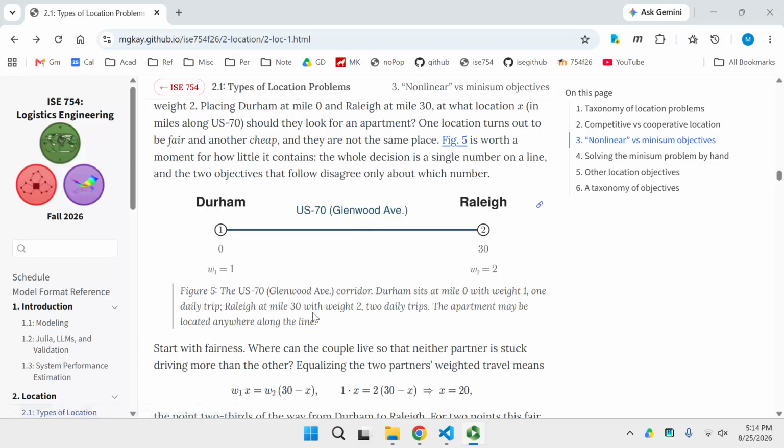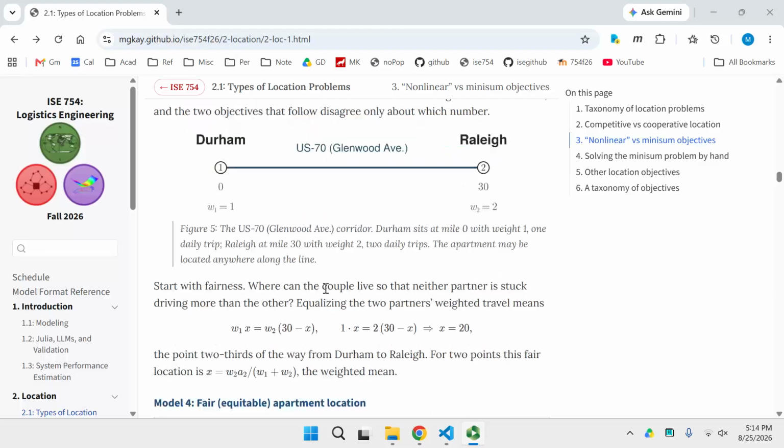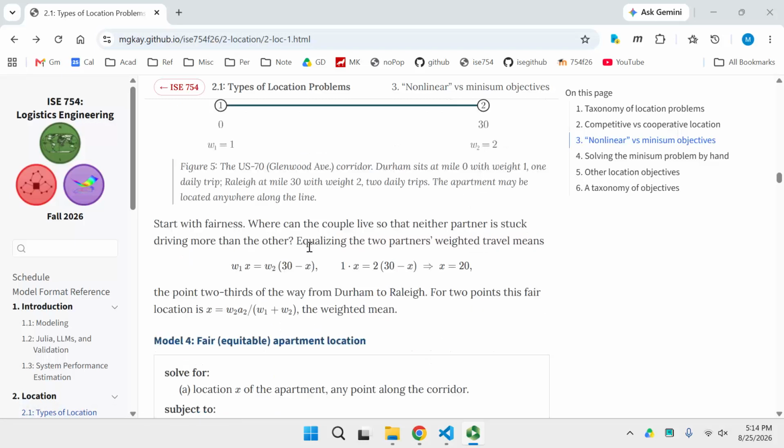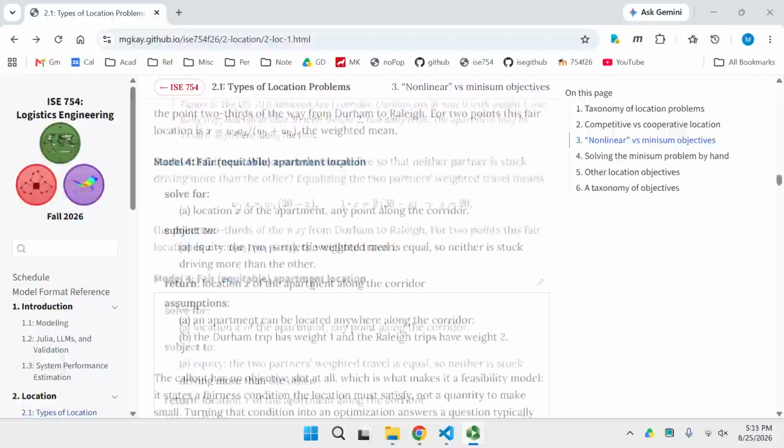Well, we could start with the notion of fairness. Probably one way of considering it is, what's the fair location? And the way we can model the fair location is that the total distance traveled per day should be the same for both. When we do that, we end up with a solution where they locate at the 2/3 point, essentially 20 miles from Durham. What that does is equalize the total distance traveled for each of the two members of the couple. So the fair, equitable